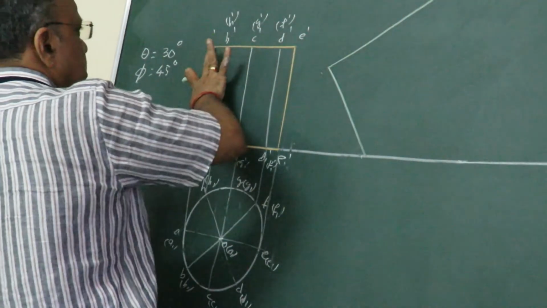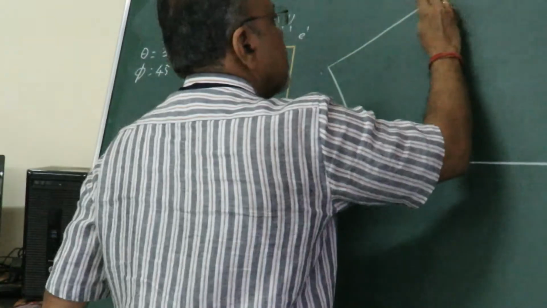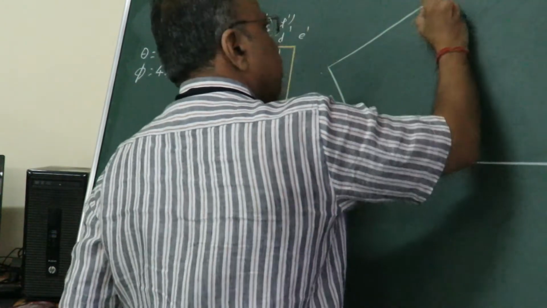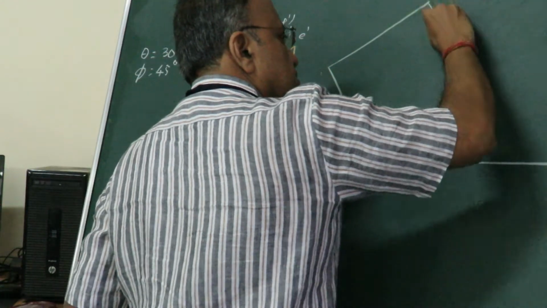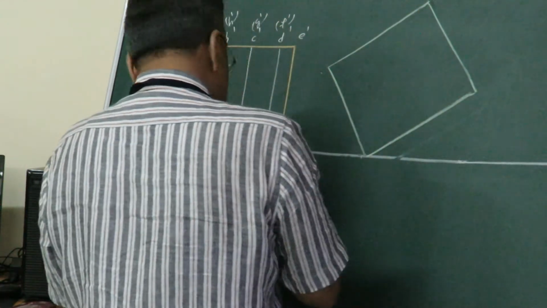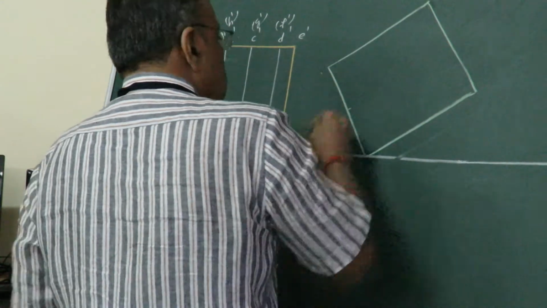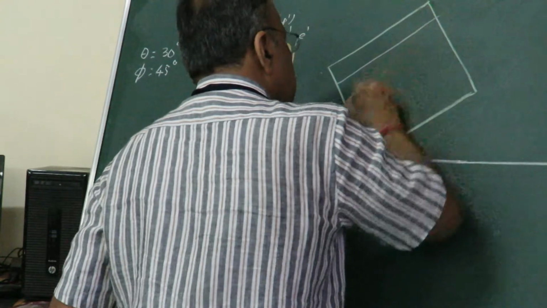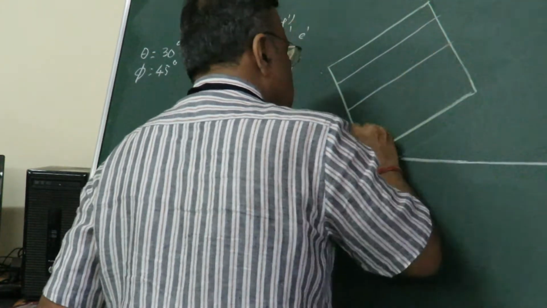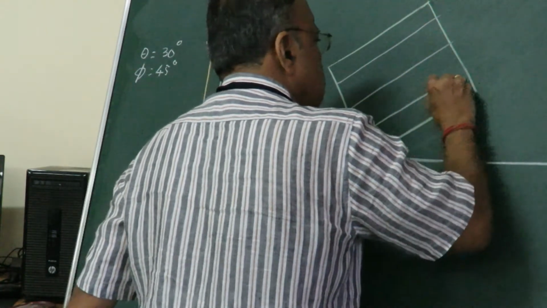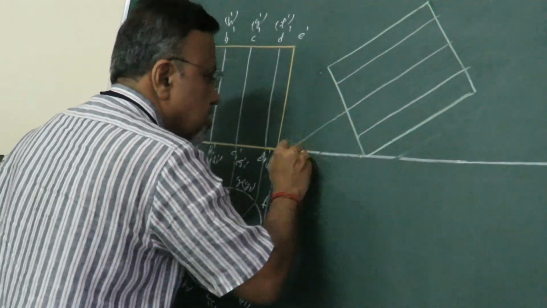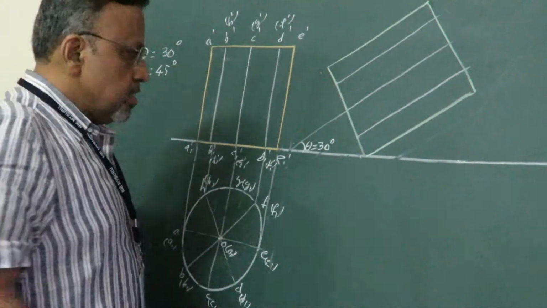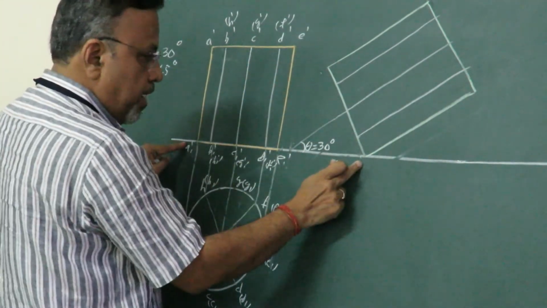So again I will take this length and put it here. It is just redrawing the figure, that's all. Then as usual I will get these intermediate points or intermediate generators. Okay. Then if I extend, this angle is theta, which is equal to 30 degrees. Now I need to put the points. Anyway, I want to have A here, so that A will come here.